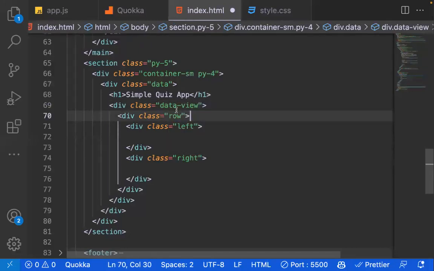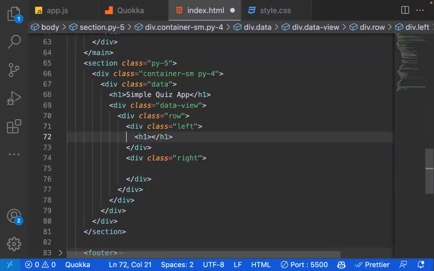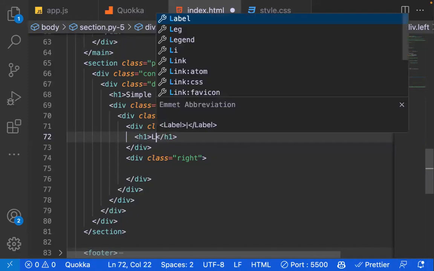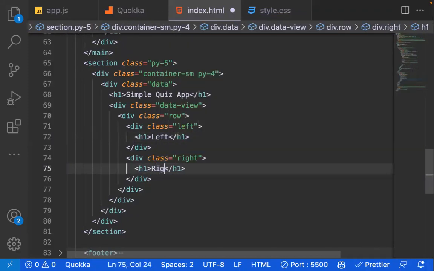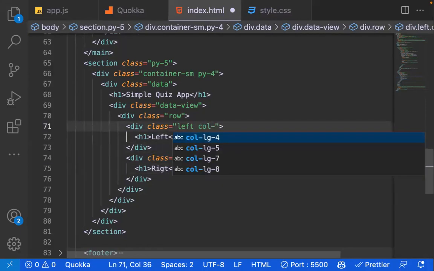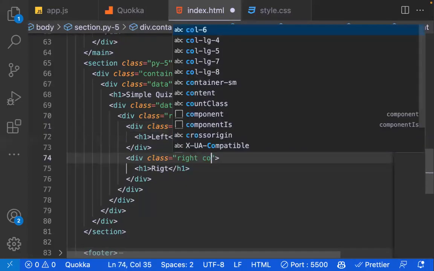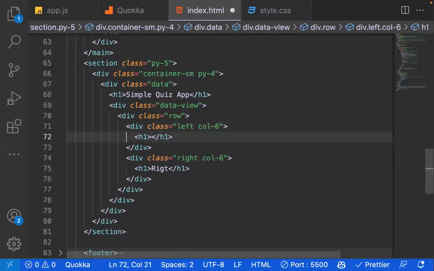And then inside the data view, we're going to have a row. Let's just put H1 left and then H1 right. So this left should take column 6, and then this should take column 6. Like I said, you can decide however you want your UI to look. This is where we are going to have the questions